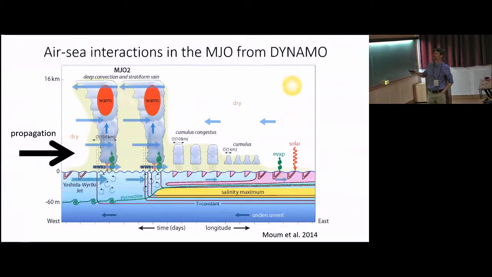So you can see that here before the strong convective event, here's the strong convective event, and it's attended by wind bursts. Before it, it's sunny and relatively calm. So there's the solar radiation. These wedges here are warming, diurnal warming of the ocean. The ocean also has a salinity maximum in it along the equator. And so that entrainment later will entrain warm water before it entrains colder water. And so we have these warm layers which become weaker as convection and wind increases and convection becomes stronger,